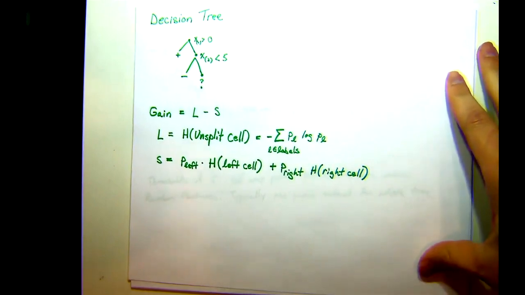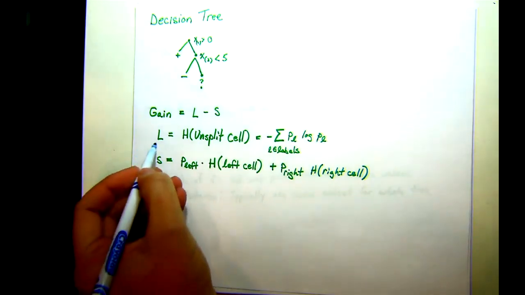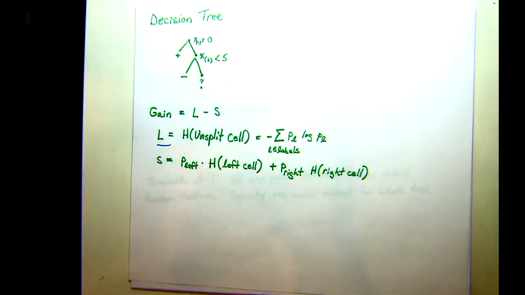but we were in the middle of talking about the gain. The gain is just, if we decide to do a split, how much of an improvement do we expect over not doing that split? So we break it into two pieces. The L piece is... am I kind of loud here? I seem kind of loud to me. How's that? Good? Louder? Quieter?